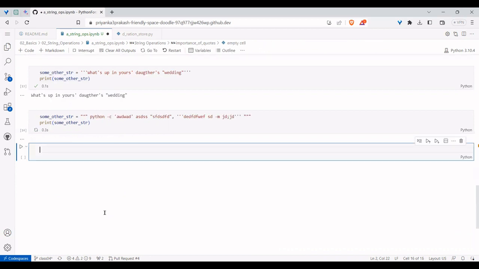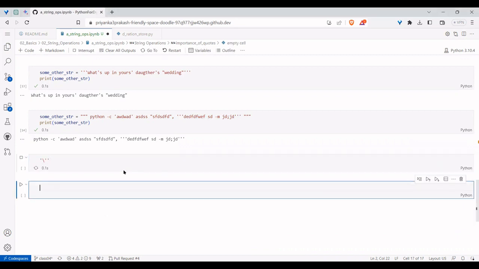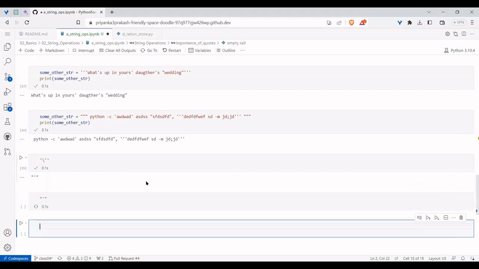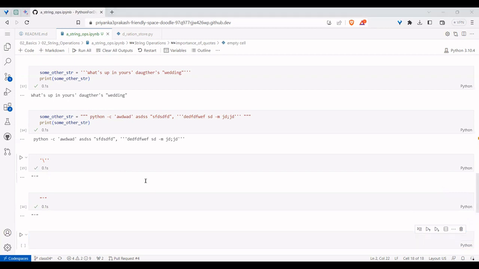Use a quote which is outside of what is within it, such that you can work with any of the things. So till now what we learned is, if you have the same thing inside, you place a slash, or the best practice is to place like this. So whatever code you have, you can encompass it like this. No matter what you have, you can do it in the same way.